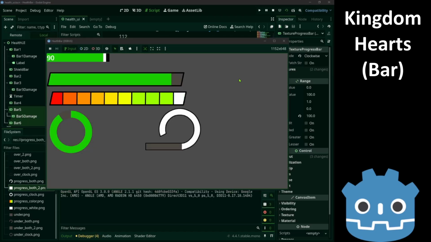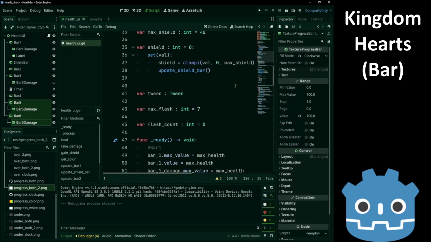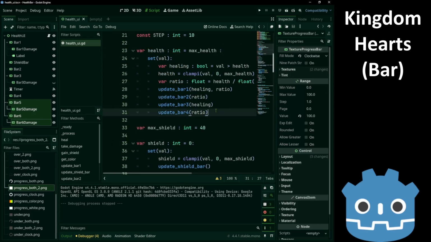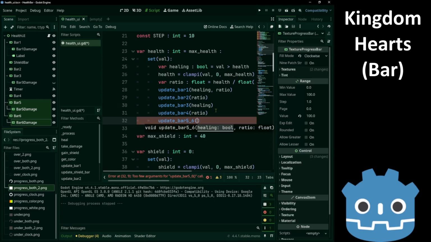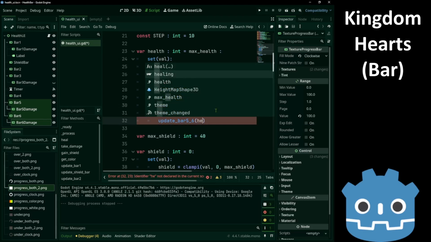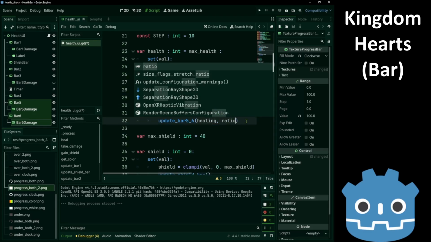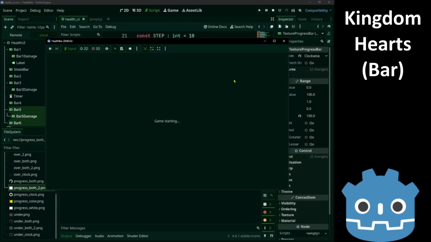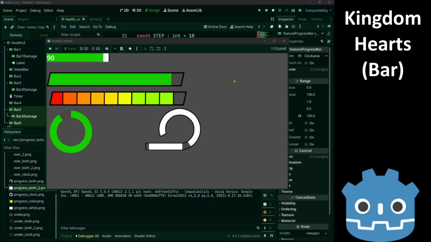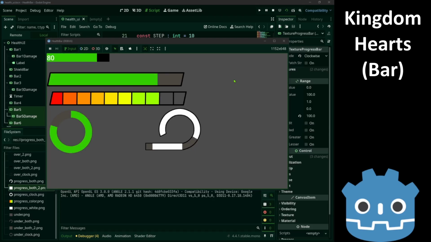If we do that, first of all, let's call the method. And as you can see, there is a problem. Both of them are decreasing at the same time.